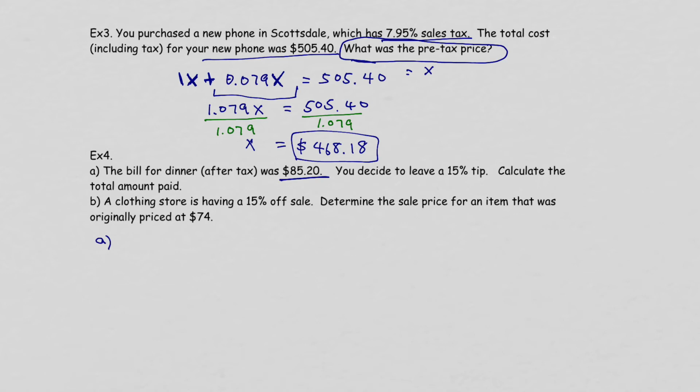How do we do that? Well, multiply. And this will give you $12.78. And you're going to add that amount to the total amount, which will give you